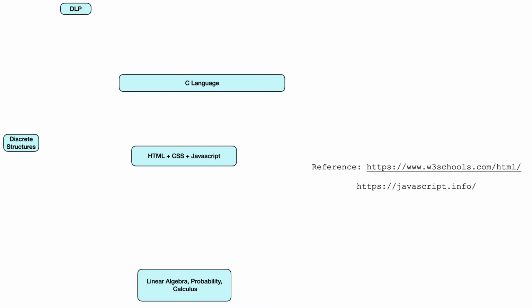We have references like W3Schools, which gives a very good overview and complete knowledge of HTML. And for JavaScript, there are many books, but javascript.info has an elaborate discussion on JavaScript. Books like Head First JavaScript can also be considered. And we have